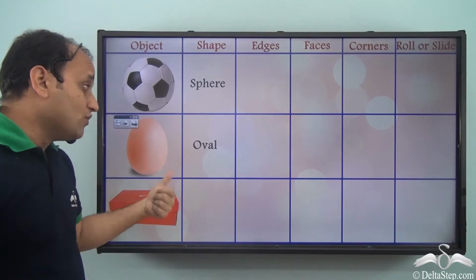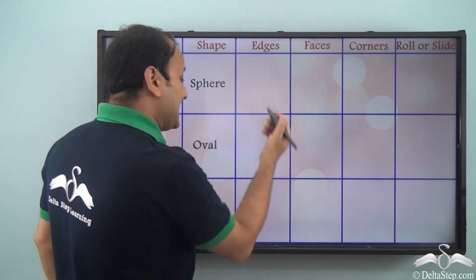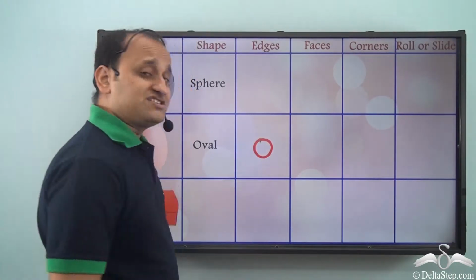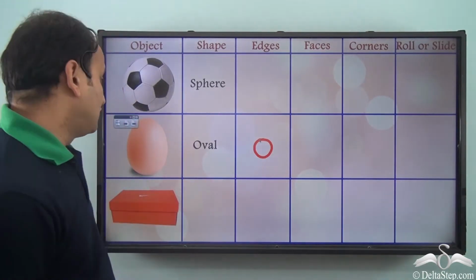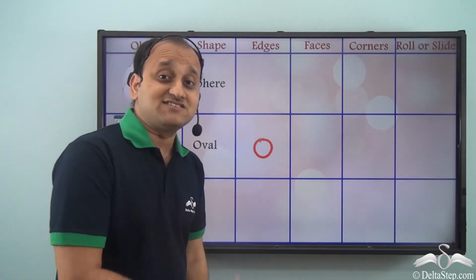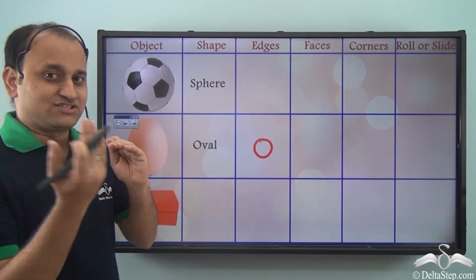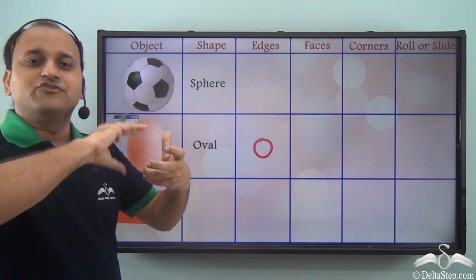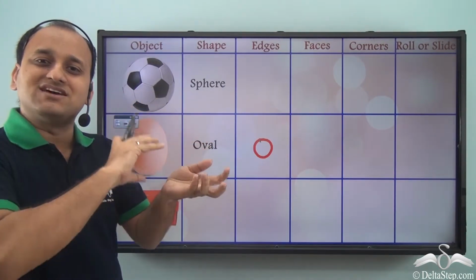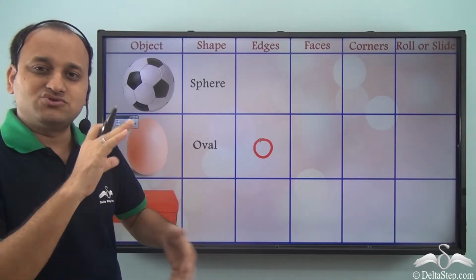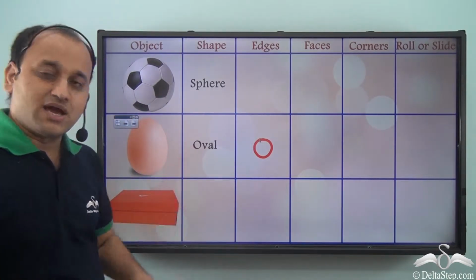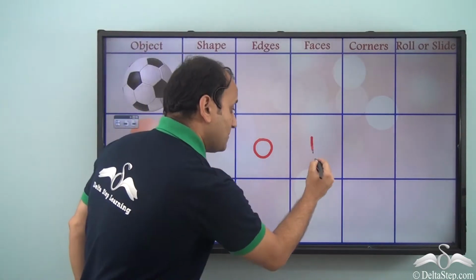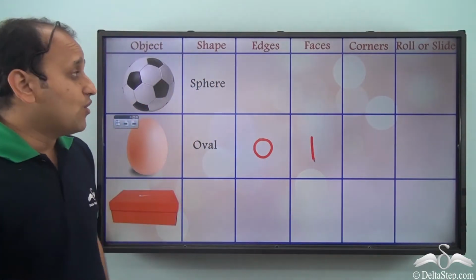So in the case of an oval too, when we talk about edges, there are 0 edges. Now what about faces? How many faces does it have? Well, as you touch the egg, what do you see? You feel just one surface all the time, isn't it? There is no change in surface because it has just one face. So one face in the case of an oval.